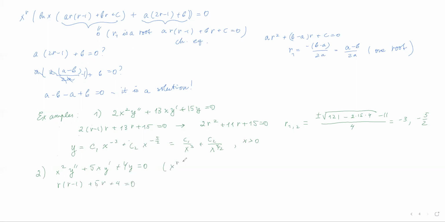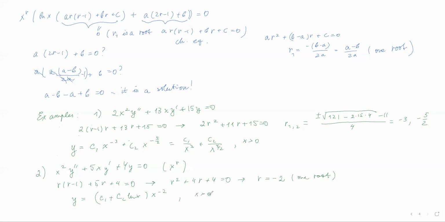Remember that we are searching for a solution as x to the power of r. Simplifying this equation is going to give me r squared plus 4r plus 4 equals 0, right? Why? Because I have minus r here, it's 4r. Well, obviously, the solution is r equals minus 2, right? That's a perfect square, and one root. And I'm just going to use my formula for ln, right? I'm just going to write down y equals c1 plus c2 ln of x, times x to the power of negative 2. You can put negative 2 in the denominator, and that's going to be something like a fraction. But otherwise, again, don't forget to mention that x is greater than 0.